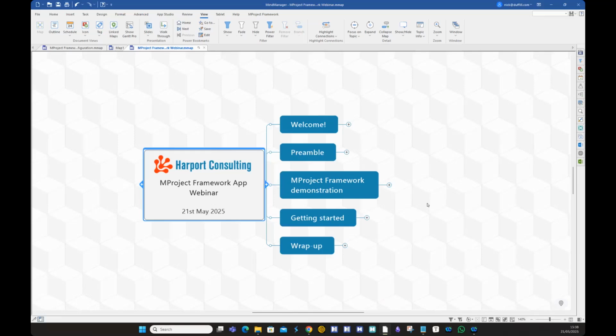it's most of the work will be done by the user in thinking through their project management process. If you want to create custom features or do something special with your app, then you would need an App Studio license key, a developer license key, which does have a cost,